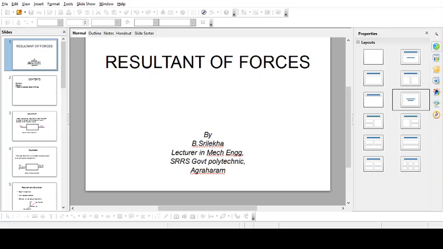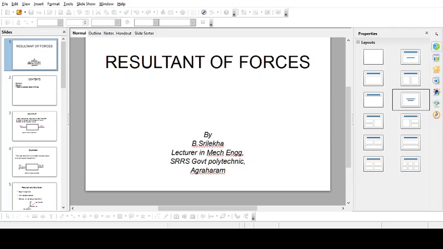Now, the horizontal component is nothing but F cos theta. The vertical component is F sin theta. Say if I am considering three forces, F1, F2 and F3. According to this law, F1 cos theta 1 plus F2 cos theta 2 plus F3 cos theta 3 should be equal to 0. The sum of the horizontal components of all the forces must be equal to 0. So this is the first condition.